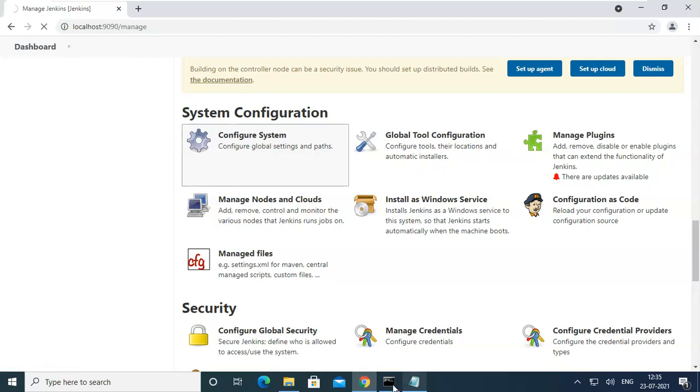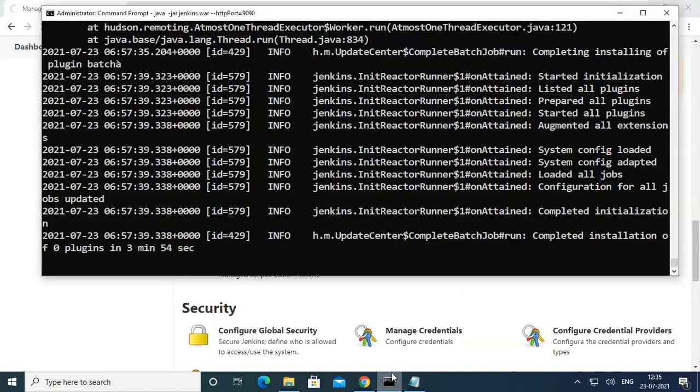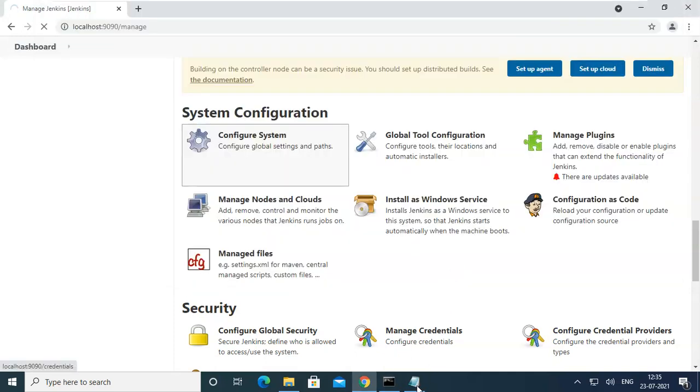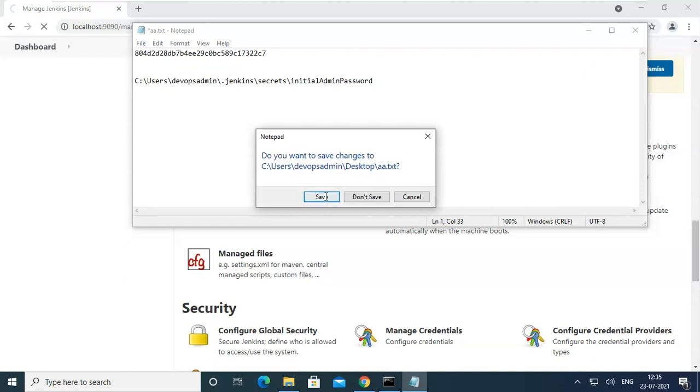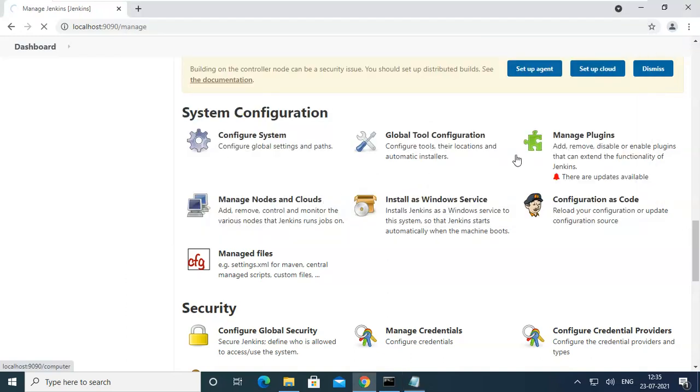See how much time it is taking. So what I am going to do, what things do we do there? It will run from here only. So this one you should not close. If you close it, your Jenkins will close. I can close this notepad, no problem. Too much time it is taking.